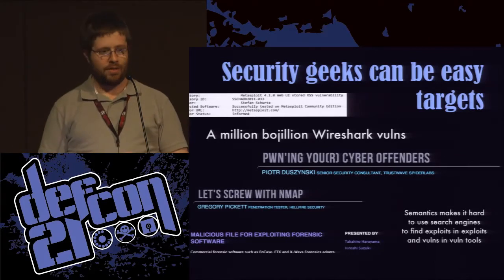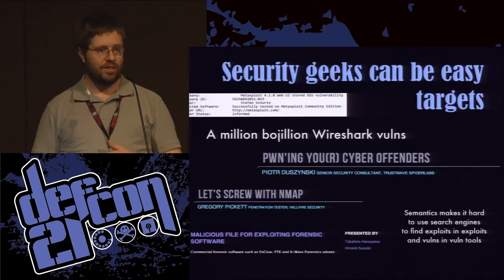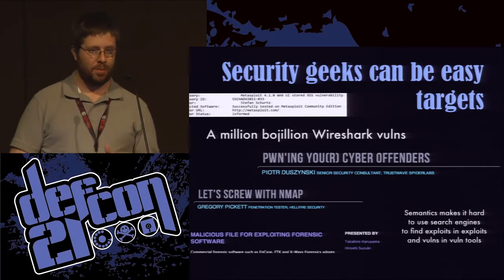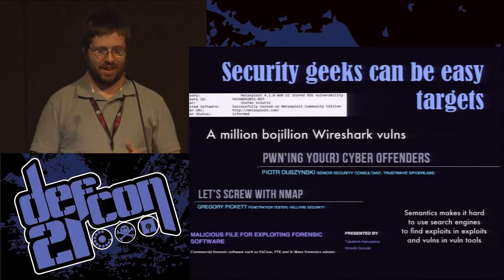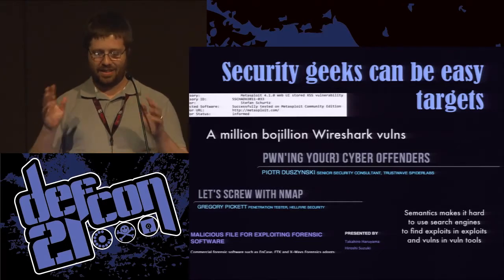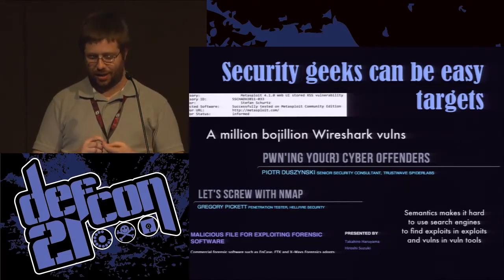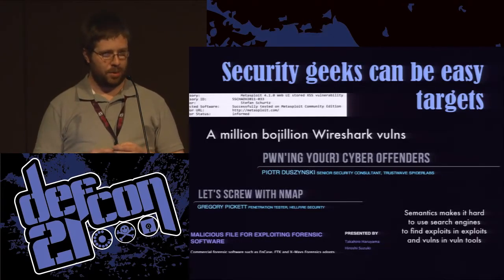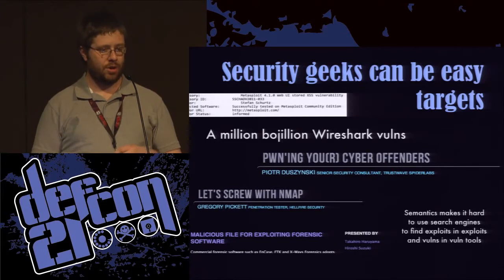If we're talking about finding vulnerabilities in vulnerability analysis software, that's a really tough thing to Google. Finding exploits in pen testing software, not exactly the easiest research area, but there's a lot of it out there, and there's a lot more that's yet to be found. I'm not sure who is currently working on breaking things that break things, but there's a lot left out